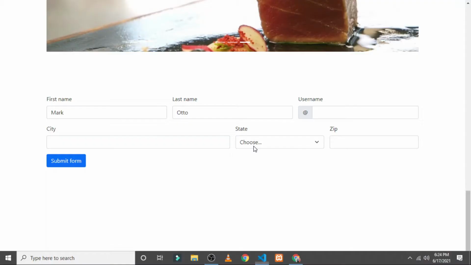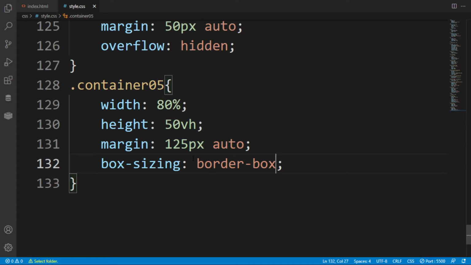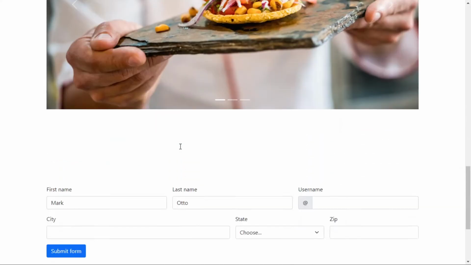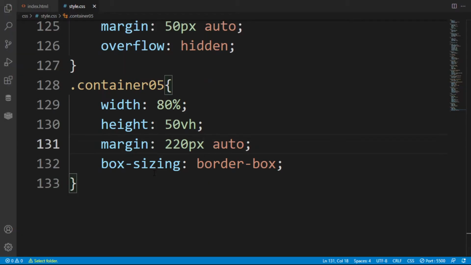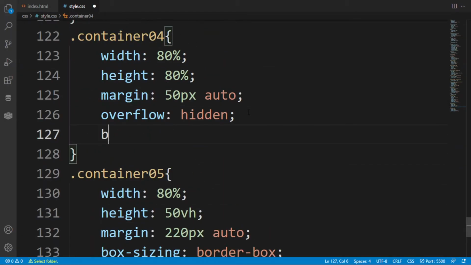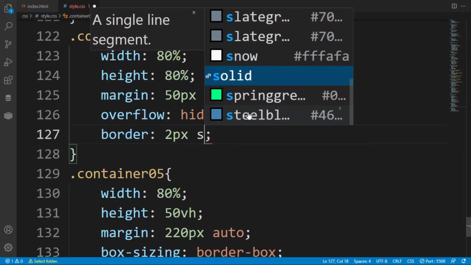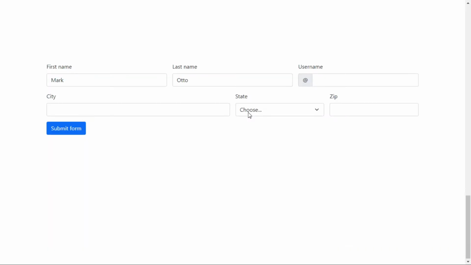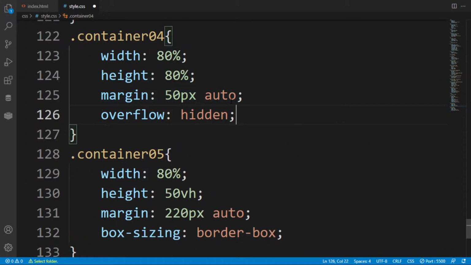So box sizing is border box, all the things at the center. Now after this I am giving a margin of 20 pixel. After that, here in this I am going to create a border of 2 pixel solid black, or you can say gray border, so that, as you can see, it has been aligned to the content.